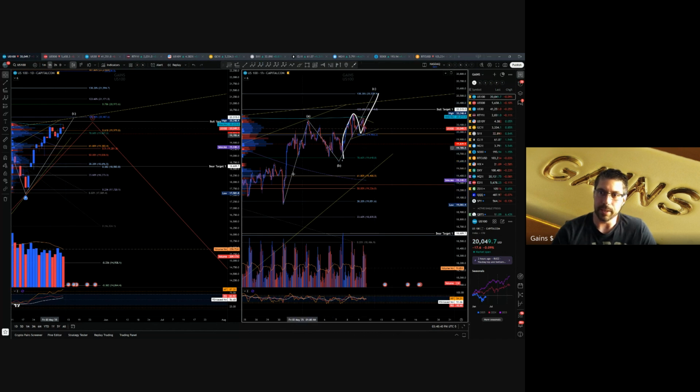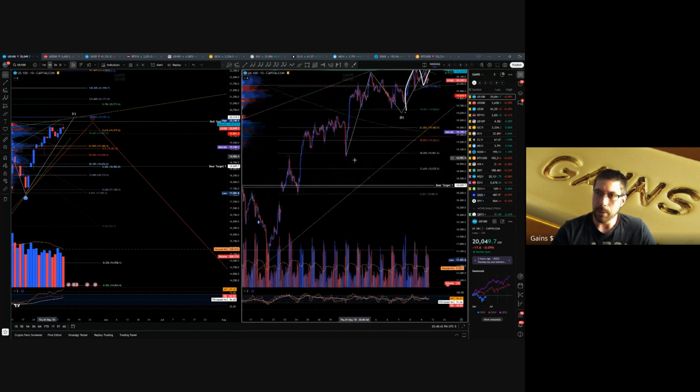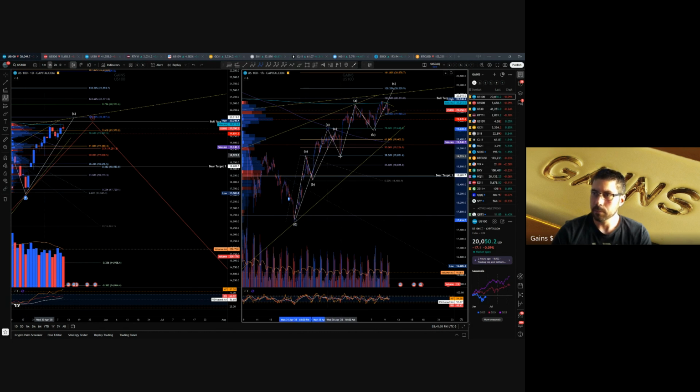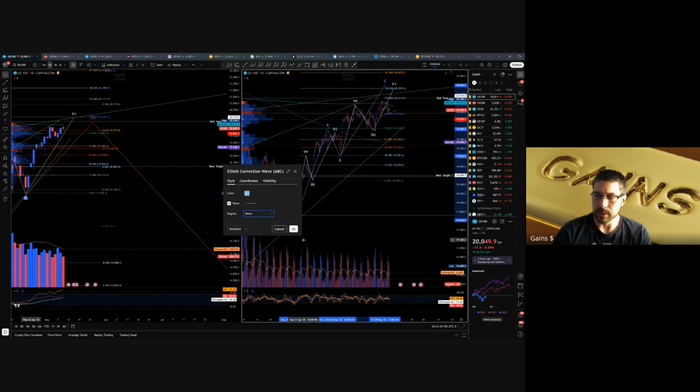So this ABC here that you see, now it's starting to make a little bit more sense, right? Because now as we zoom out, we can see that all these ABCs and things are all connected. It just continues to get smaller and smaller. But as we take a step back and draw more of these patterns, I'm going to add some contrast here. We could start to see that there's bigger moves.